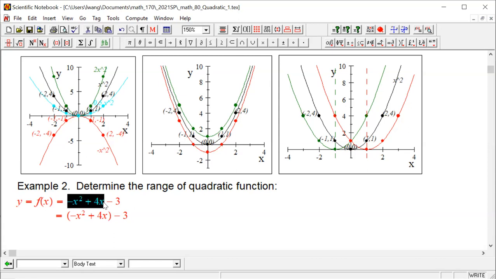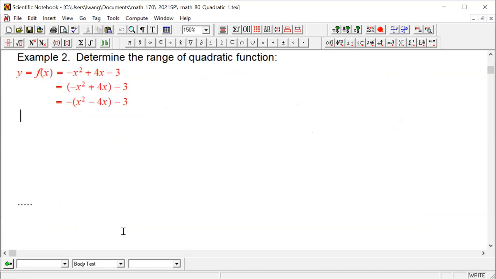We put the negative x squared plus 4x in one parentheses, and we are going to factor out the negative sign. After factoring out the negative sign, we will have x squared minus 4x minus 3. And then inside the parentheses,